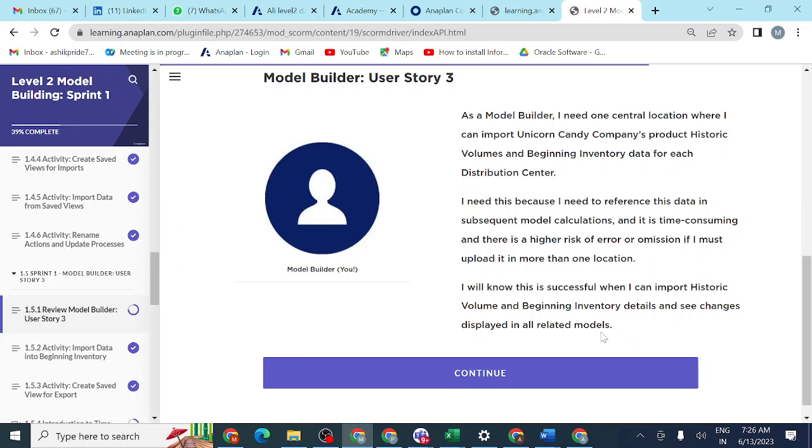So what happens, if you change any data in the data hub, it will be reflected wherever you are referring to this data hub model. There is no need to change each and every model. In the data hub model, if you change one piece of data, then wherever you are referring to that data, it will automatically change. This change will be reflected in the referenced models. So that is the advantage. Each and every time, there is no need to change the data. If you want to change anything, you can simply change it in the data hub. So that is another reason.